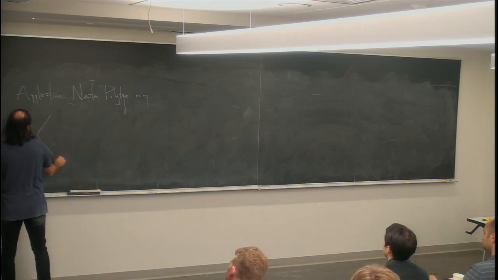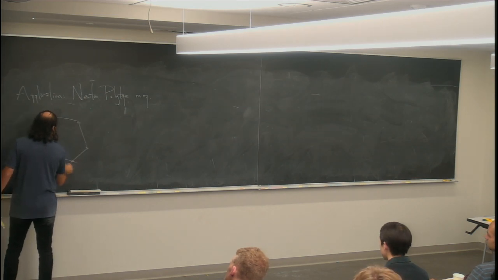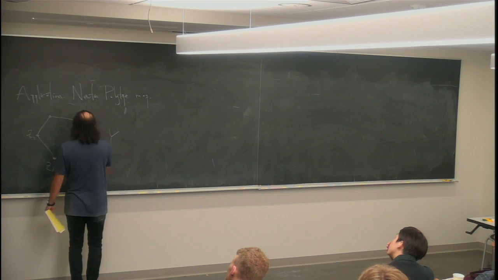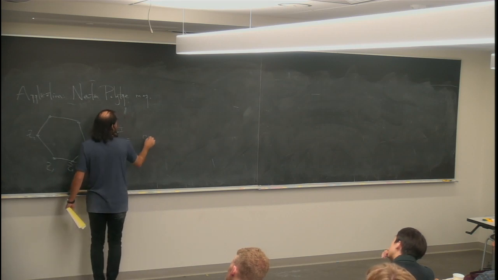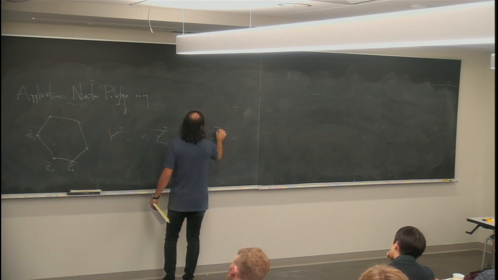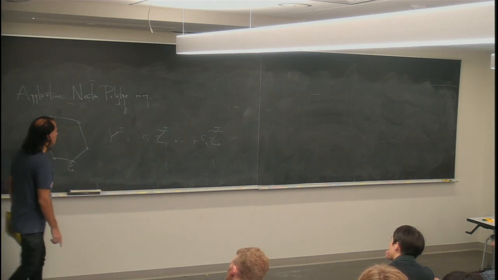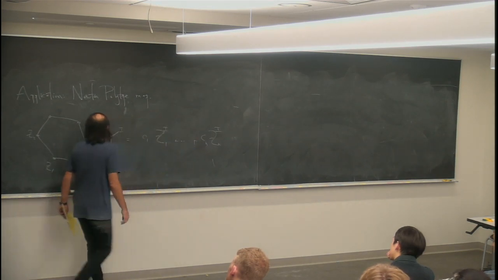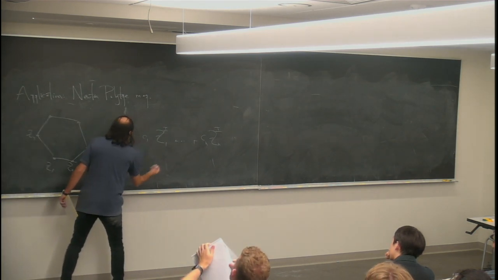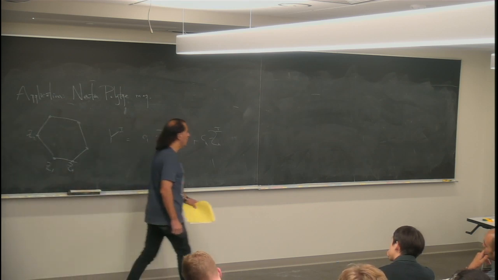So let's say I have a polygon, and I have my vertices of the polygon Z1, Z2 up to some Zn. Again, normally I know that I can write any point on the inside of the polygon as some weighted sum of these guys, with these coefficients being positive, but of course this is a many to one map. So what I'd like to do is find some way to parameterize all these C's in terms of, in this case, just two variables, such that the map from the space where those variables are positive to y space is 1 to 1. And the way to do it is the following.